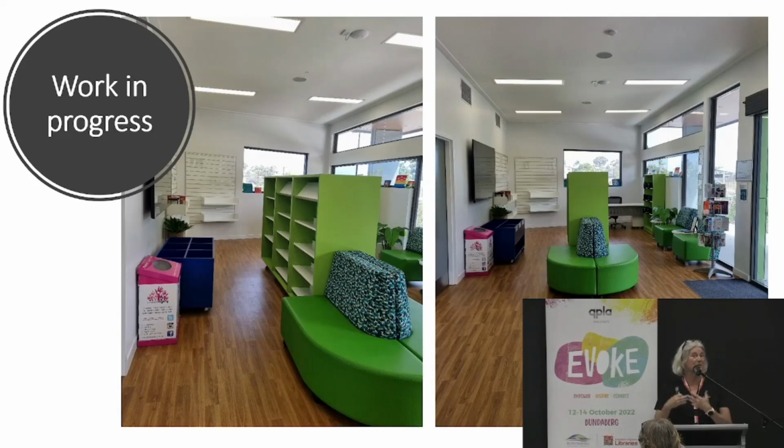It was built pre-amalgamation, but now we're the central library and don't have any space. So one day we'd love to have a new building, maybe at Phillip Street or somewhere else, but this is what we've got right now. So what we had to do, what could we fit in there? We fitted in